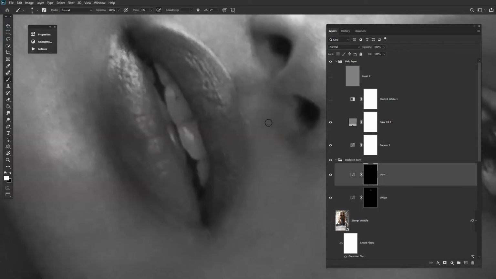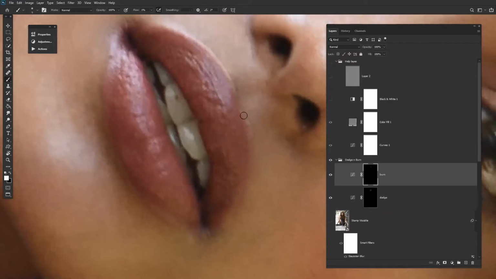Now let's burn a little over here. Now we have a very odd line over here. You can see a very hard line. Let's merge it out with a burn. And this hard line, we can dodge it out.